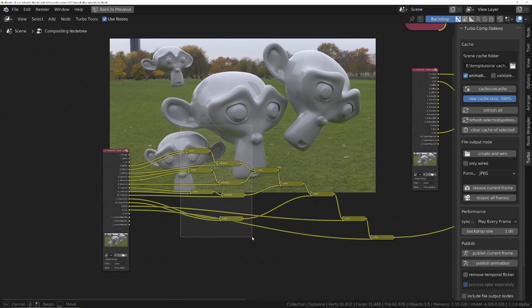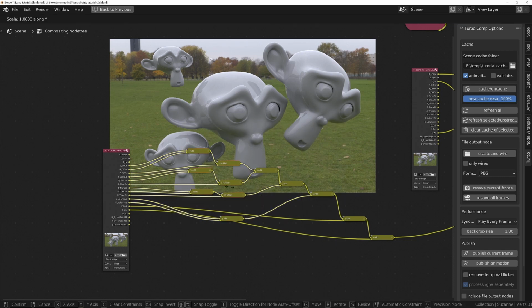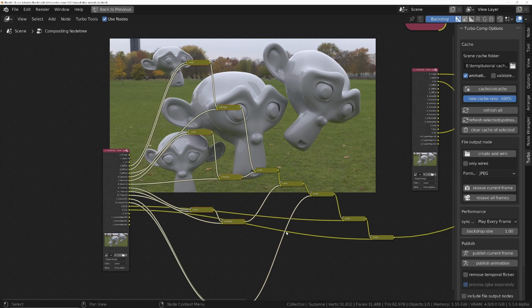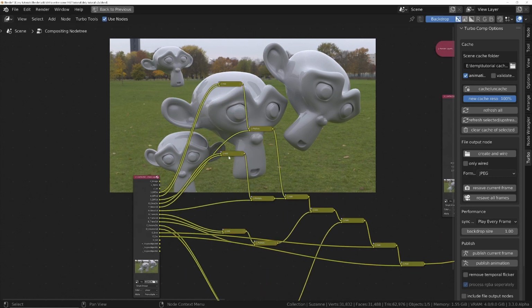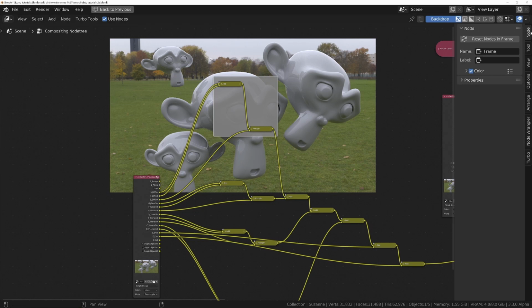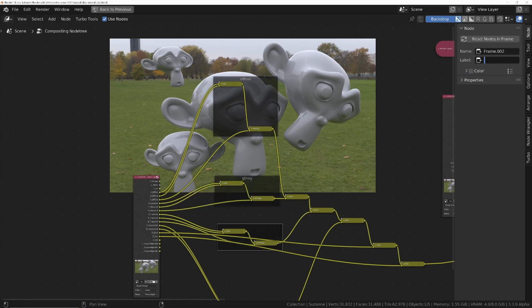So let's just create a bit more space. S, Y, scale on the Y-axis. And I'll quickly label these as well. So I'll select these two and press Shift P to create a frame around them. They're going to be the diffuse, glossy, transmission,